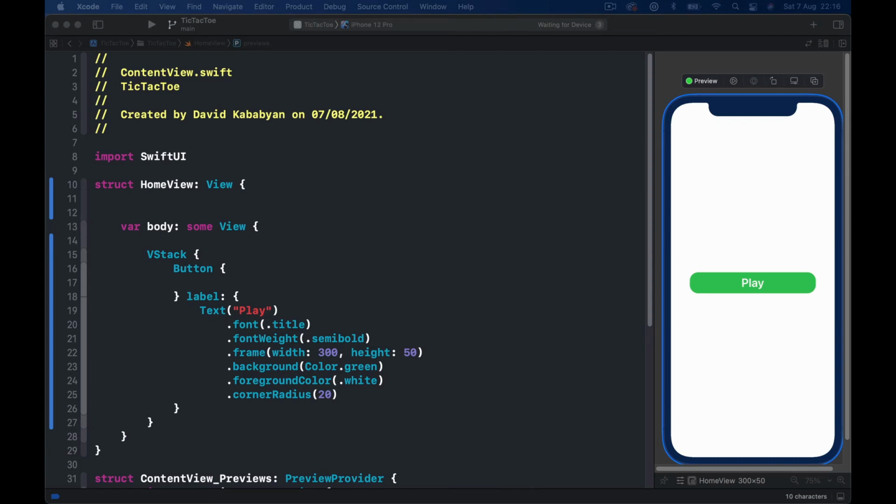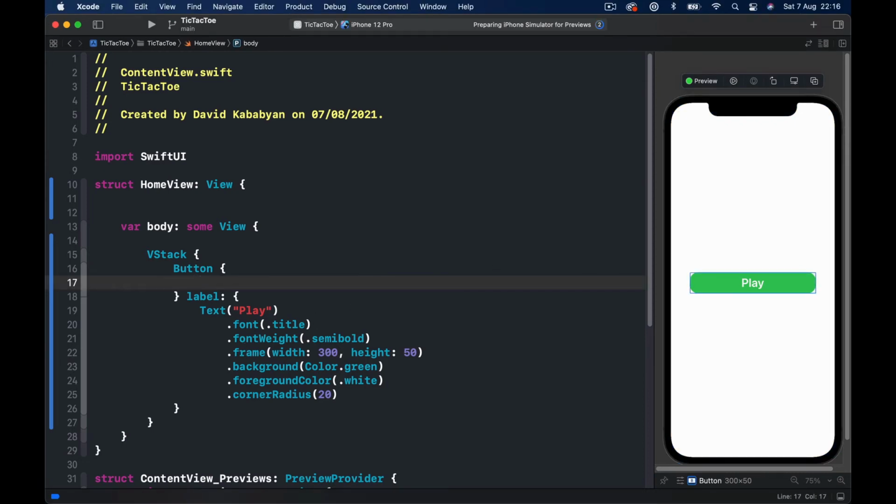And we have everything centered, so we're not going to do anything about it. What we are going to do is add some action to our button. So what we want to happen when our user clicks on that button. So let's put here, for example,